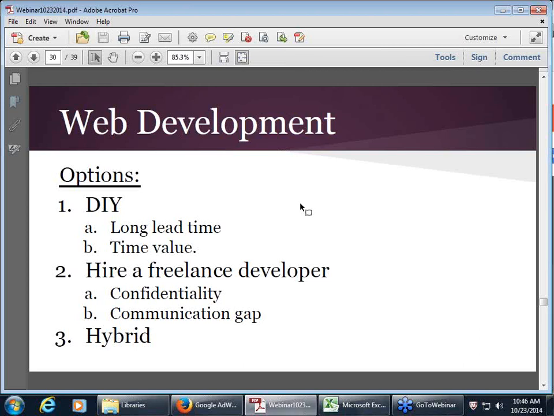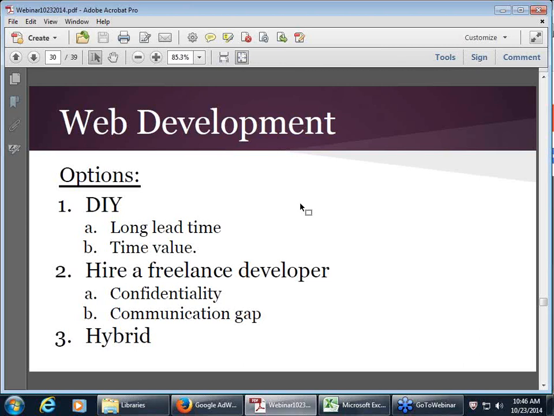Potential issues with that are confidentiality. If you've developed this innovative process or technique, you always run the risk of them taking this, particularly if they're outside of the United States. And a communication gap. And I'm not just talking about language here. So communication gap could be that you asked them to do something and they didn't understand that you wanted to output this specific function or have your site look in a specific way. And as a result, they build something for you that isn't the way that you want it to look.